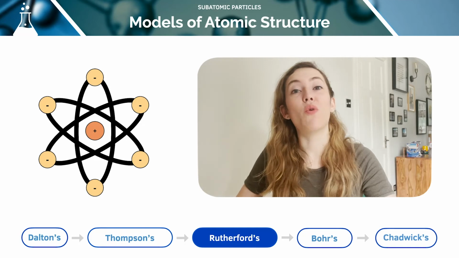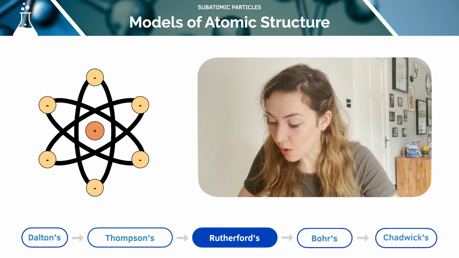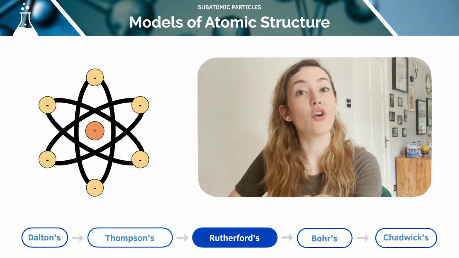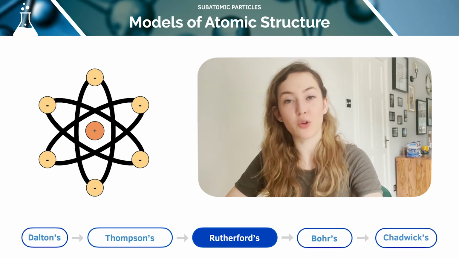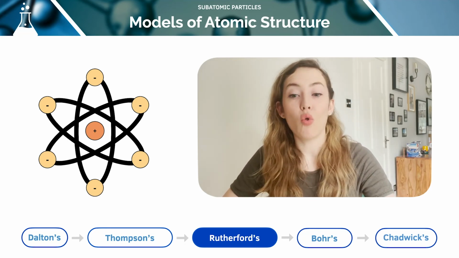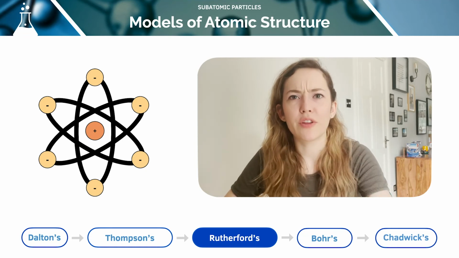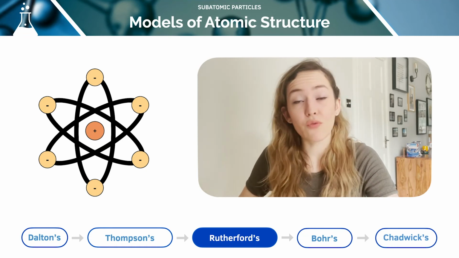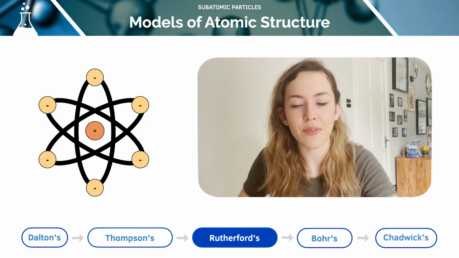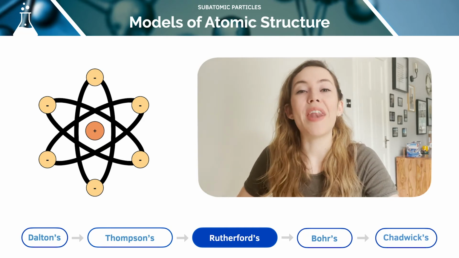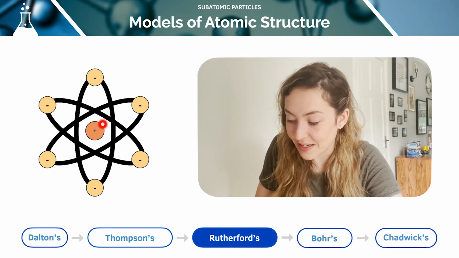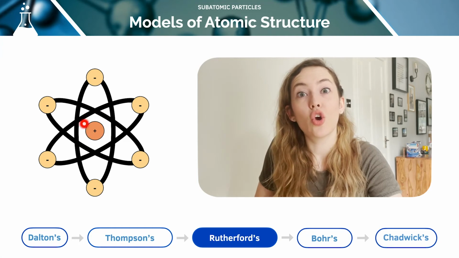And then we came to Rutherford's model of the atom. Rutherford fired positively charged alpha particles through a sheet of gold. Some of the particles passed straight through, whilst others were deflected back, or they were off-centre. They didn't travel through in a straight trajectory. So Rutherford said that atoms must consist of mostly empty space. This was revolutionary at the time, with a cloud of negatively charged electrons surrounding a tiny, densely charged positive core,